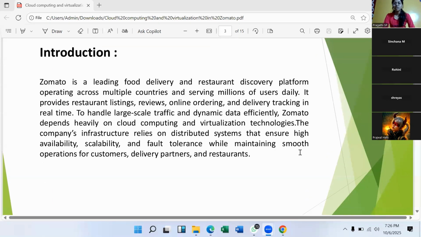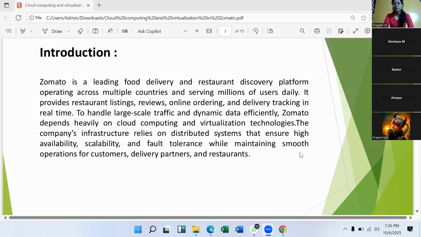Introduction. Zomato is one of the most popular food delivery and restaurant discovery platforms in the world. It connects millions of customers, delivery partners, and restaurants through a single digital ecosystem. Every day, Zomato handles thousands of restaurant listings, online orders, customer reviews, and real-time delivery updates. To manage all this data smoothly and ensure that users experience fast and reliable services,